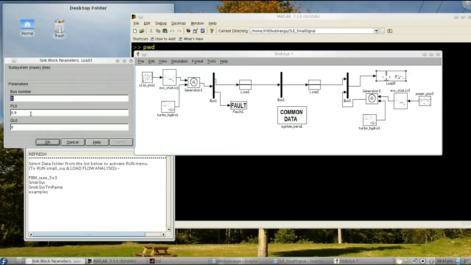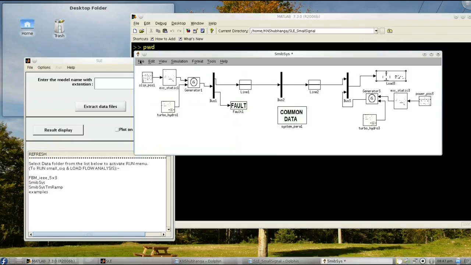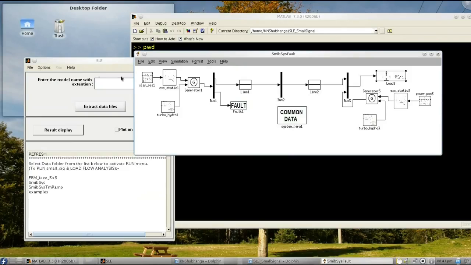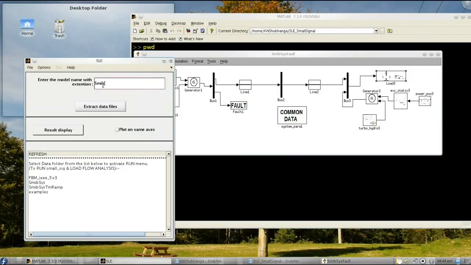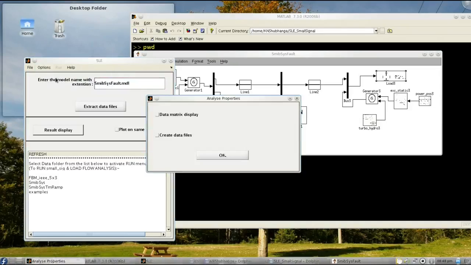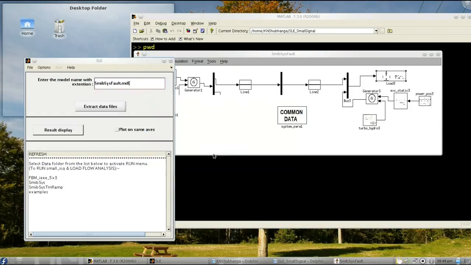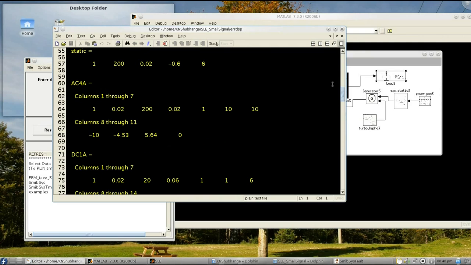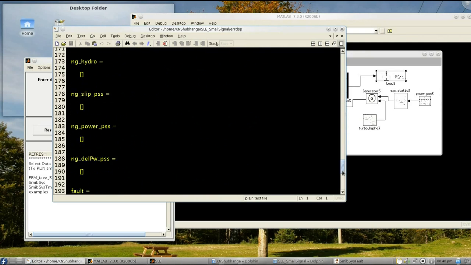Also, setting the initial load of 0.3 per unit. Now, verifying the correctness of the diagram.